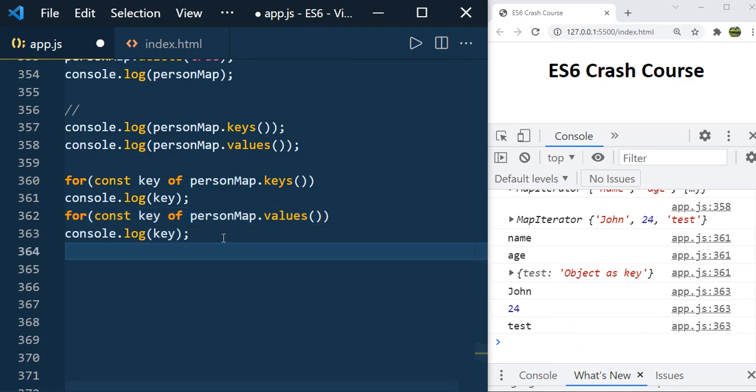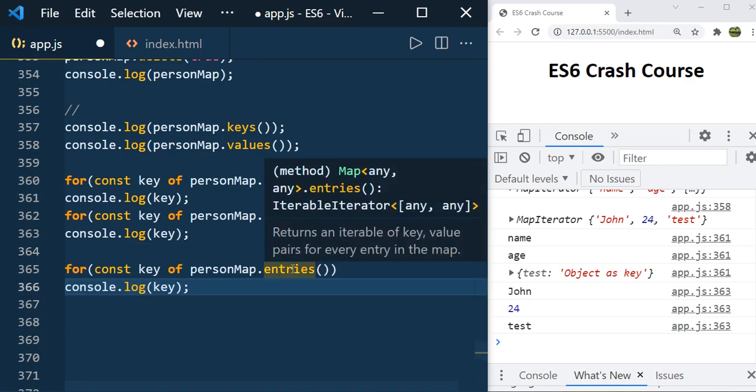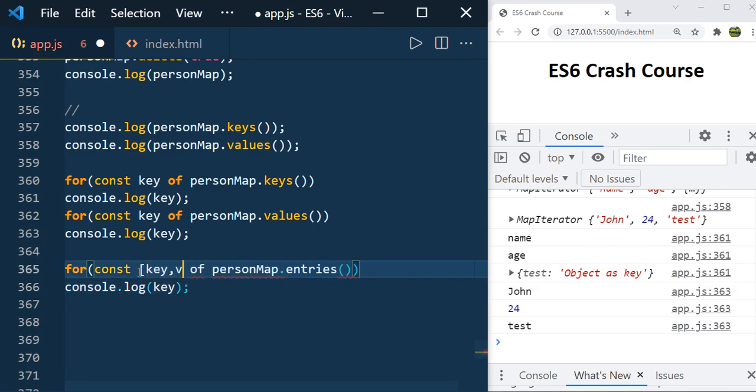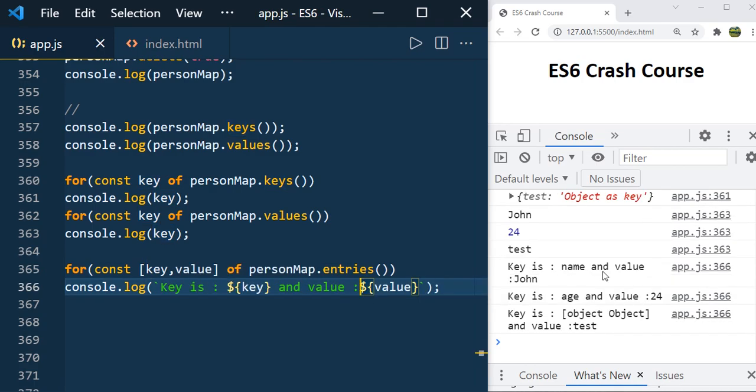Also you can use the method called entries to get the key and values at the same time. This entries returns the iterable iterator and it returns the key and value. So key comma value, and now you can say key is, and value. So key is name and value John, key is age and value is 24. Like this you can access the key and value using the entries.